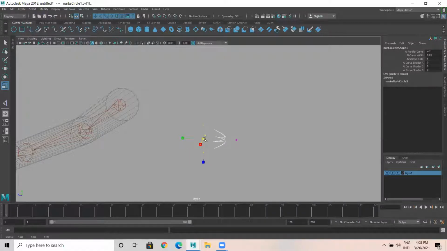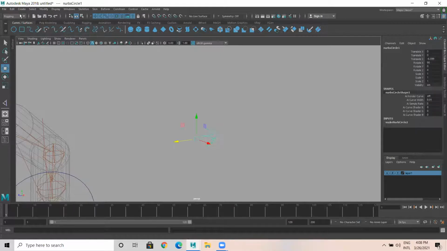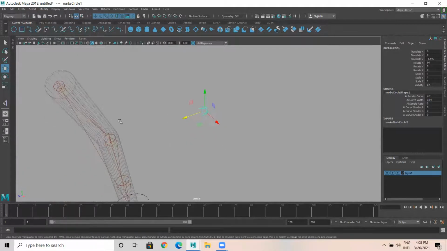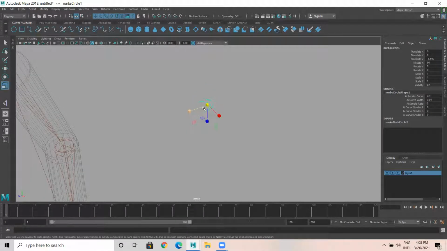I'm just making it like this. Okay, a simple curve. Now I'm selecting this, modify, center pivot. First I do modify center pivot. After that, I'm selecting this particular curve.